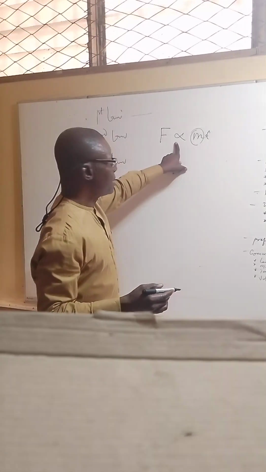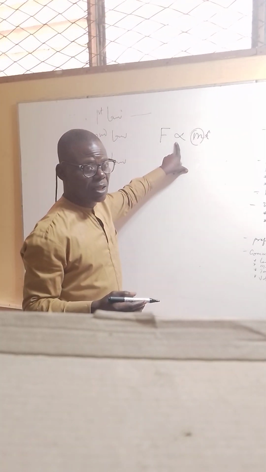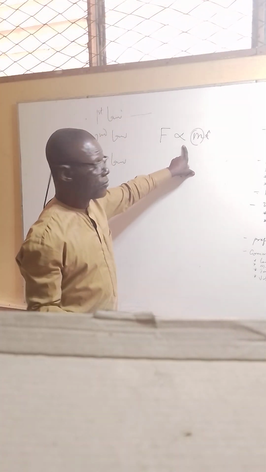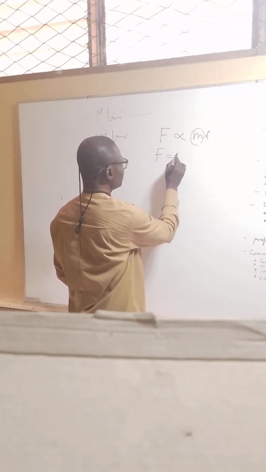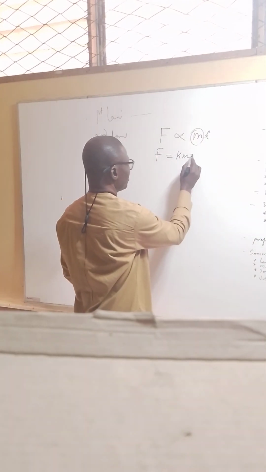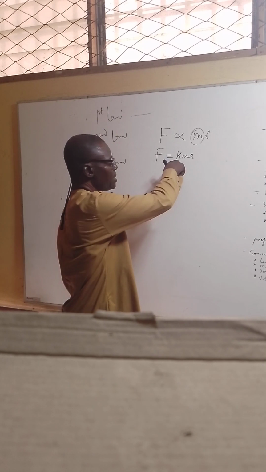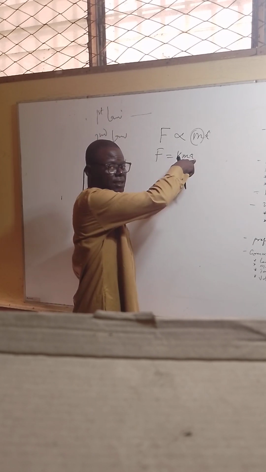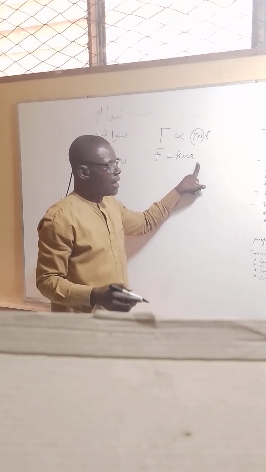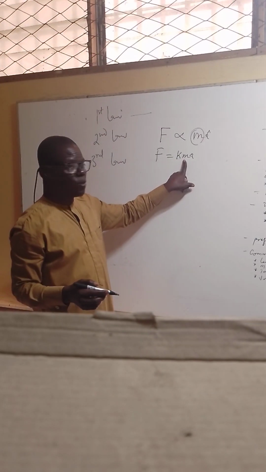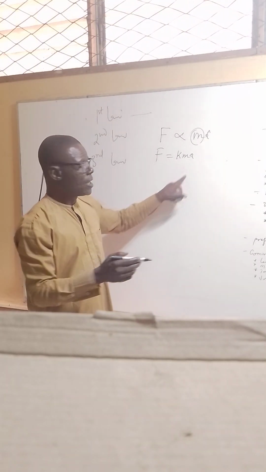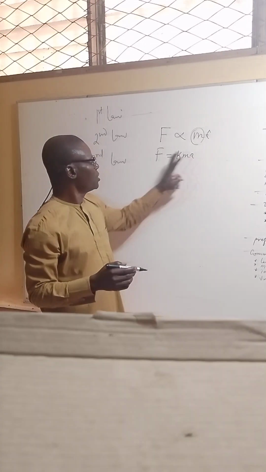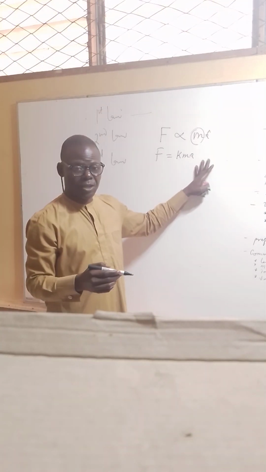But this is just a relation, a variation, but you have to change it to be a law or to form a theory. It becomes force is equal to k ma, where k is the constant of proportionality, m is the mass of the body, and a is the acceleration this force gives. And we know that the acceleration will move in the direction of the force. Now, we need to find this constant to have a good relationship between the force, mass, and acceleration.